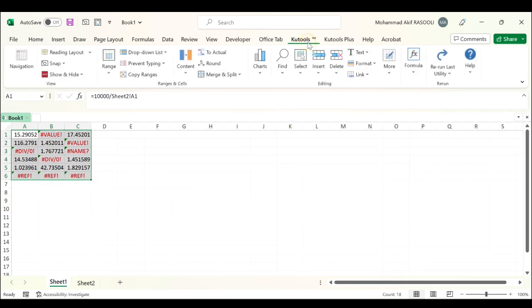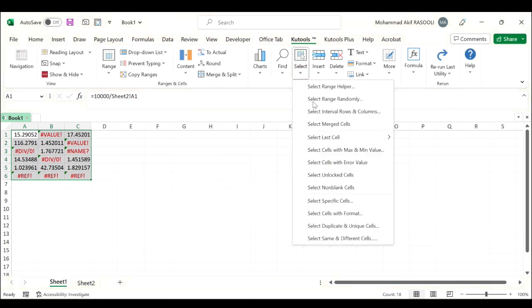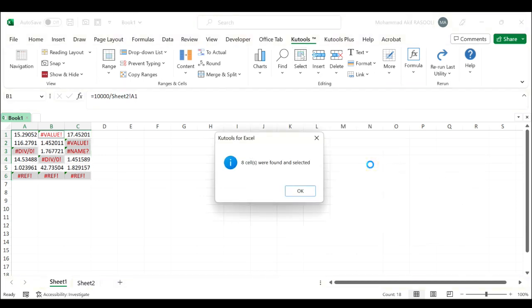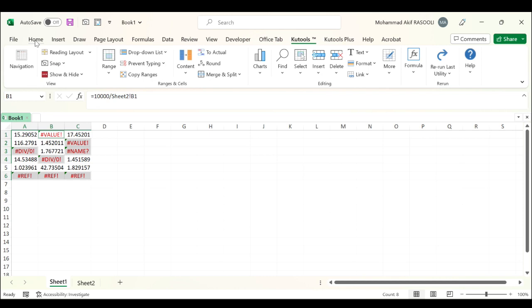Click the Kutools tab. In the editing group, click the Select drop-down list and click on the Select Cells with Error Values, and all the formula errors have been selected immediately. Click the OK button and then go to the Home tab,